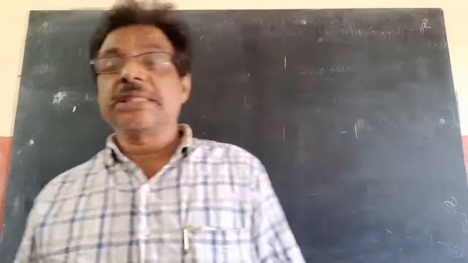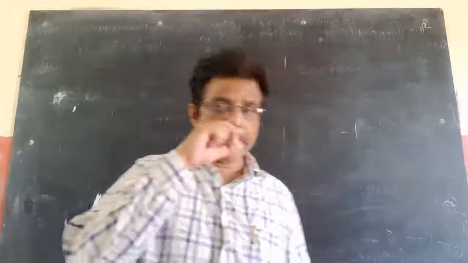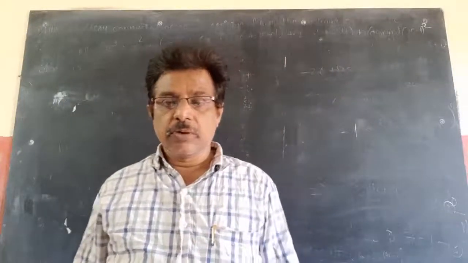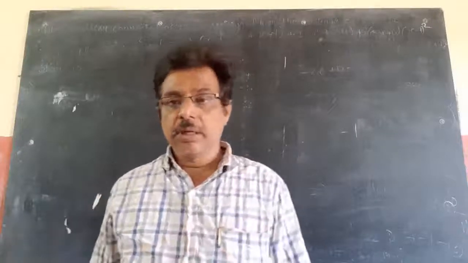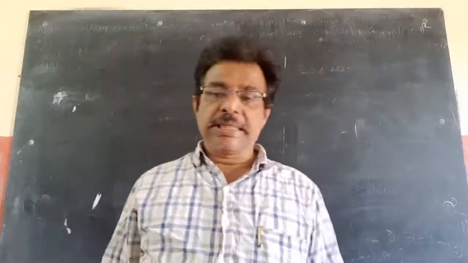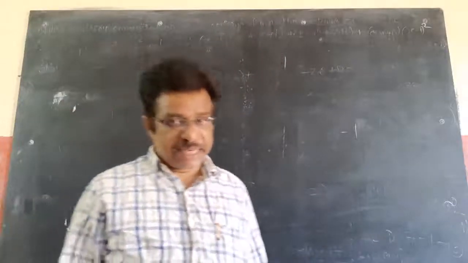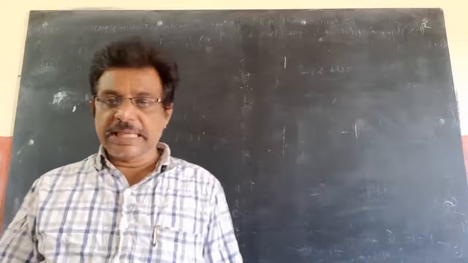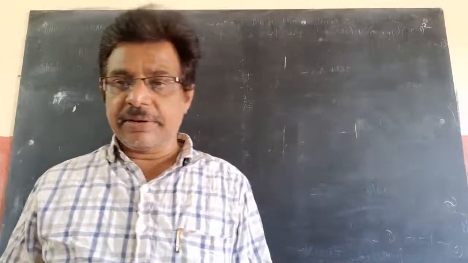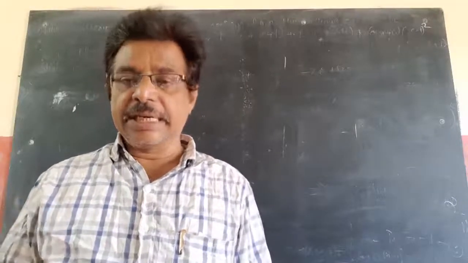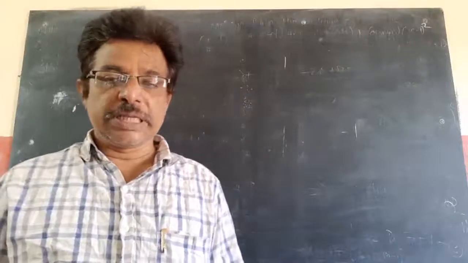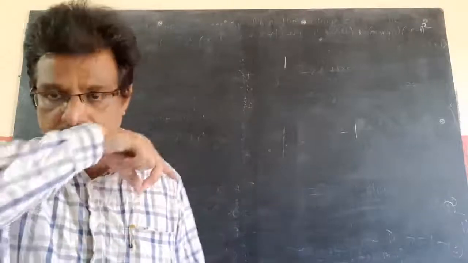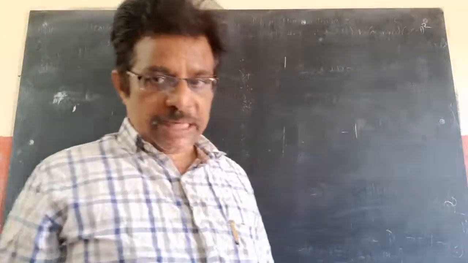We are discussing partial fractions. We finished the first three methods. The first one is linear non-repeated factors, where all are linear factors. The second one is linear repeated factors. And the third one is irreducible factors. So we will do one sum on the combination of these. Then we will go for the next method, improper fraction. One sum of this type.